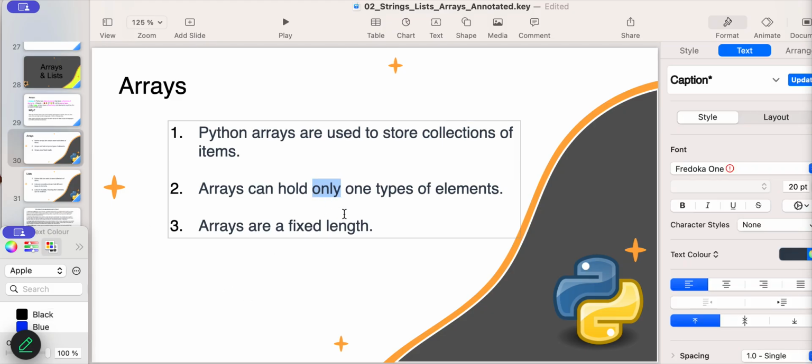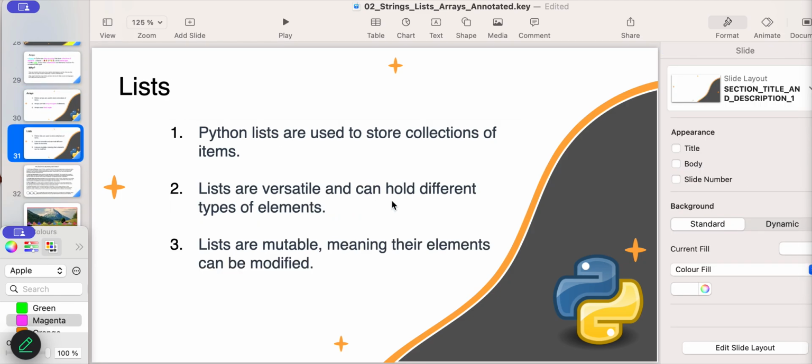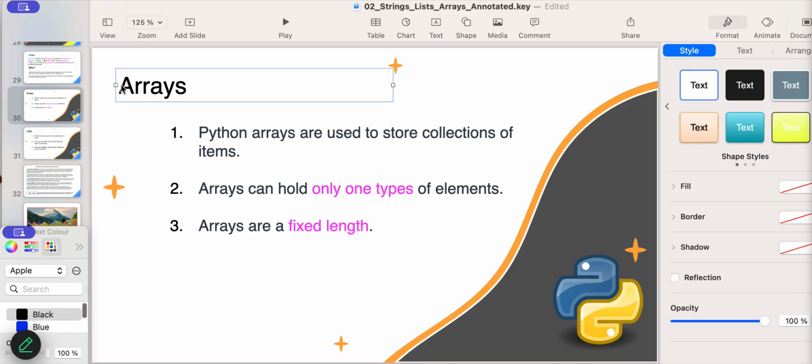Okay, so we said they can hold only one type of elements and they have a fixed length. The lists on the other side